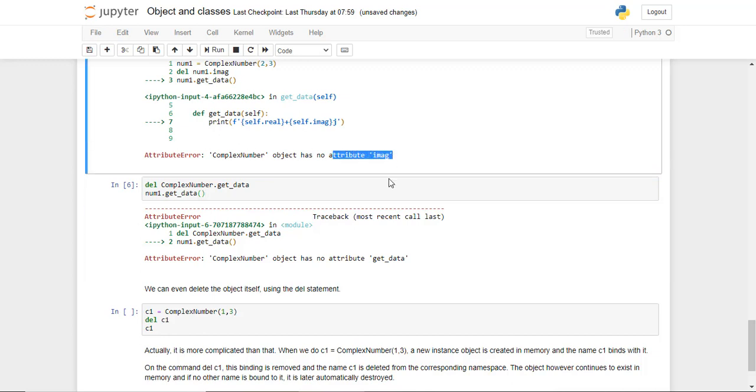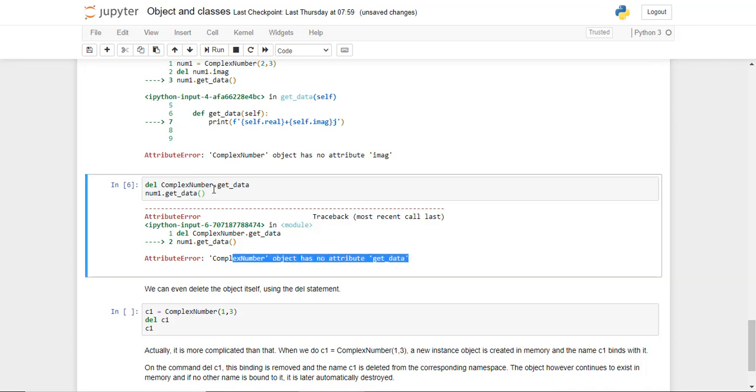Here we are not able to find the whole function or the whole method itself because we deleted the whole method. Now we are deleting it from the class. Therefore every other object that's trying to get hold of this method is also going to end up with an error report. So whether we say num1.getData or num2.getData, we're going to result in an error because the class itself does not have this method anymore.